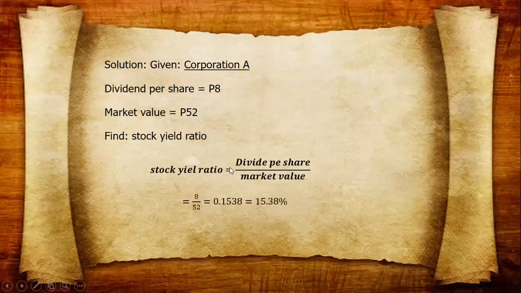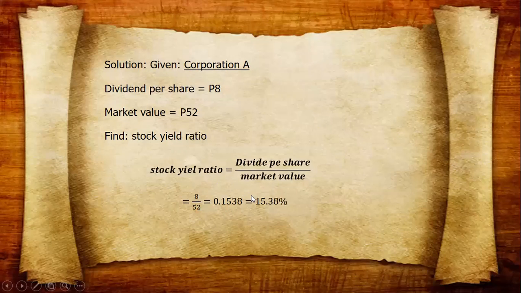So, stock yield ratio is equal to dividend per share over market value. Given the dividend per share, your dividend per share is 8 pesos. Your market value is 52 pesos. So, 8 divided by 52 is